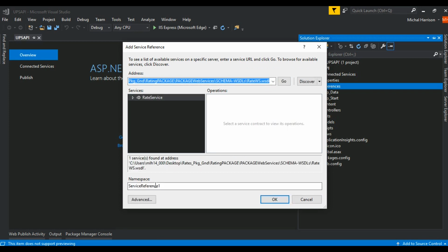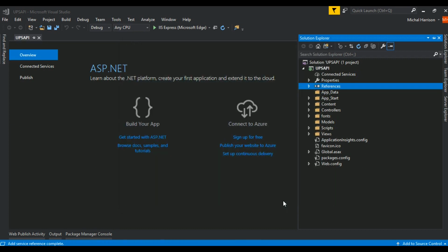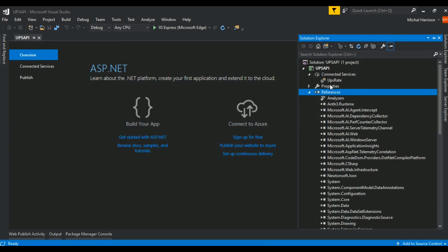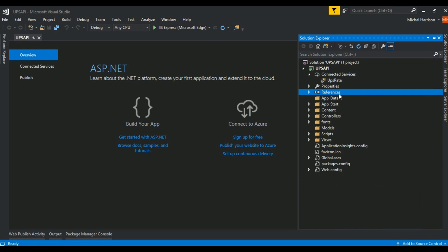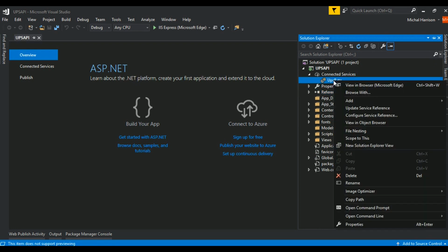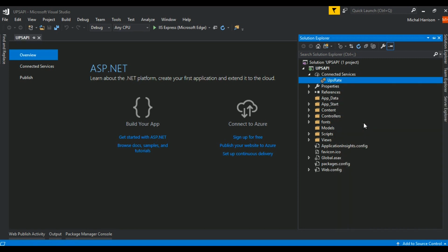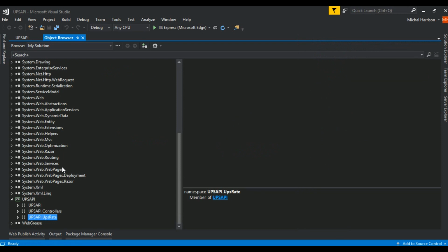Okay, great, it found it. So I'm just going to call this UPS rate, and then hit OK. Okay, great, and as you can see, it pulled it in. So let's go and check out what it gave us. So we just right click on it, and then view in object browser, and then we just go down and